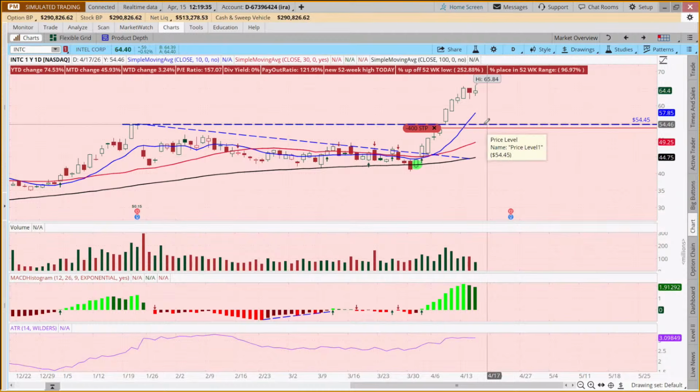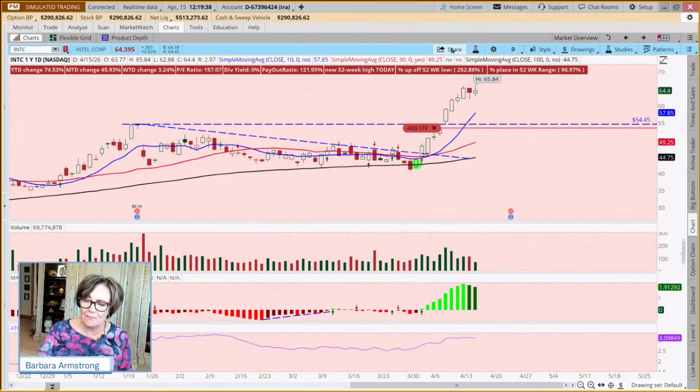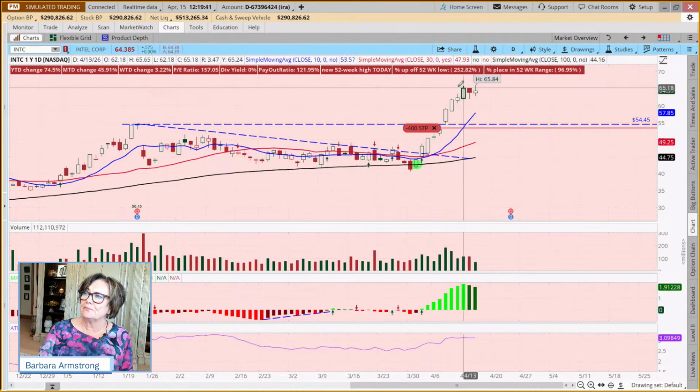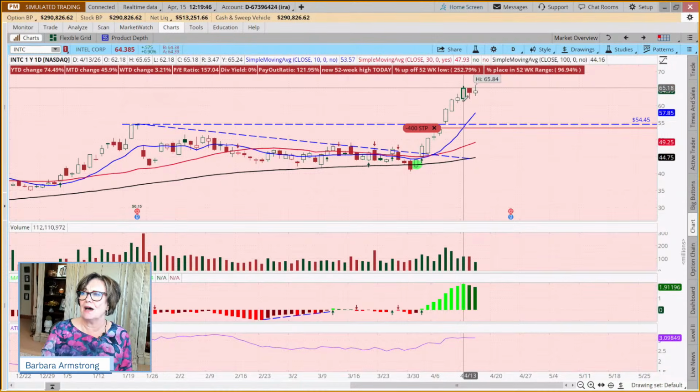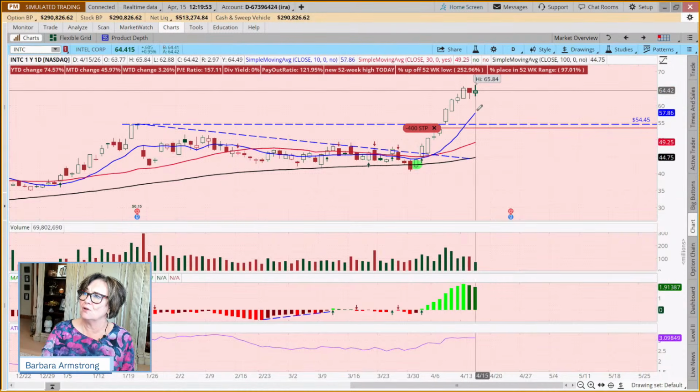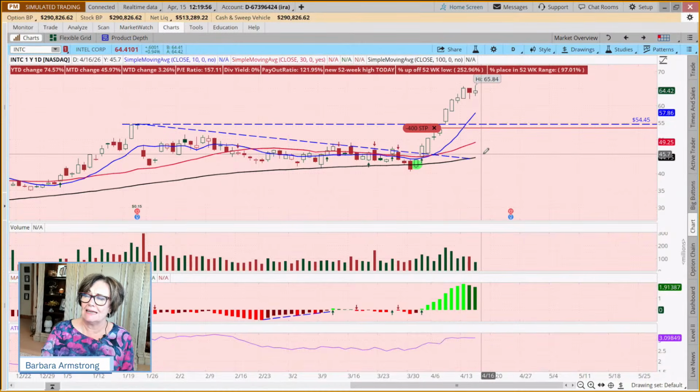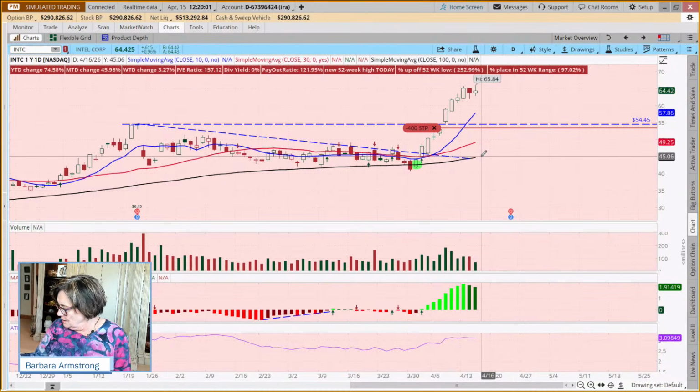Somebody's saying, would this be a good opportunity for a buy-write covered call? Well, if you were placing a new trade, yes. So a buy-write covered call is a trade where you both buy the stock and sell the covered call at the same time. So some might consider that to be an entry because we've had like a 1-day pullback and it could be moving again to the upside. Or we could just sell a covered call if you're okay with selling the stock. Okay. So we've covered that.